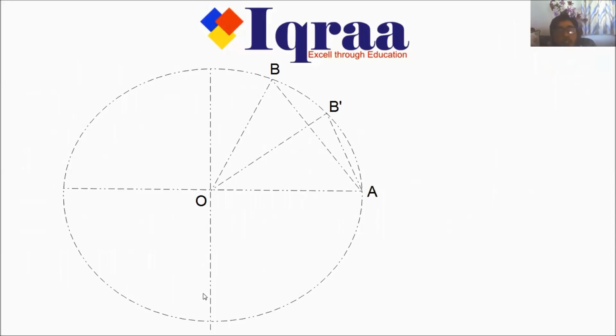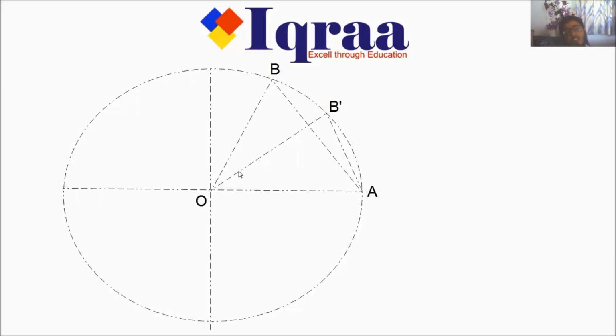Another thing which I want to tell you about the angle theta, which we'll use when we calculate the distance of the large object or the diameter of the sun and the distant star. This concept, if I take O as the center of the circle and AB the arc, then it subtends some angle theta at the center. When this angle theta is large, then the chord length AB and the arc length AB are not same.